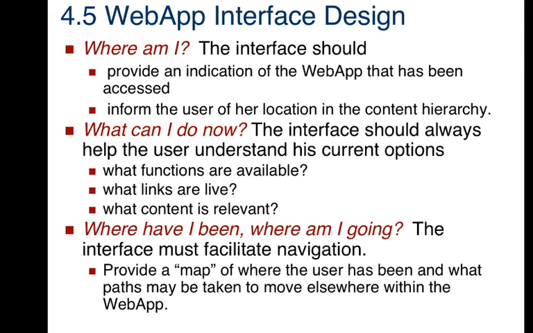Information for the user of location in the content hierarchy. So there may be different hierarchies: level 1, level 2, level 3. What can I do now? The user can go around the website through different links. These are called hyperlinks. A link is nothing but